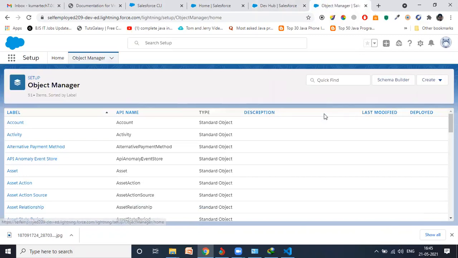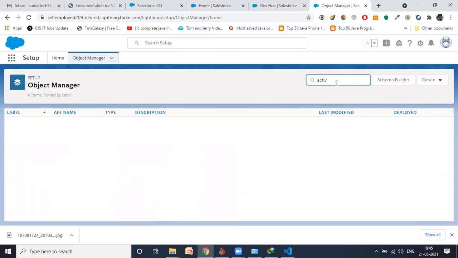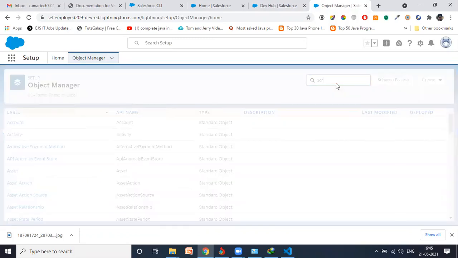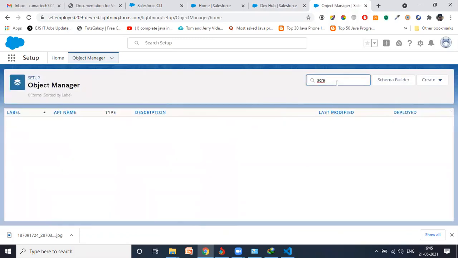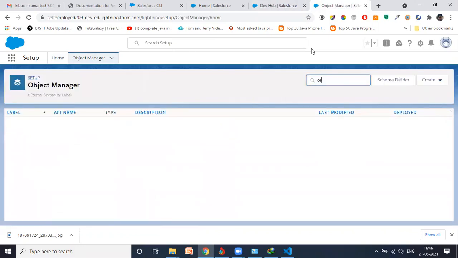And we can check those objects here. So let me type active right now, nothing came. Scratch org, nothing came. One more time I will type org just to check. Okay, nothing came.